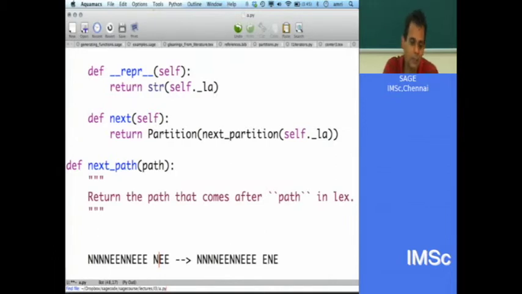Oh, this is very interesting. I should have thought about this, but you can use regular expressions here. Maybe we should do that next time. So you can write a regular expression to determine if something is E's followed by N's.